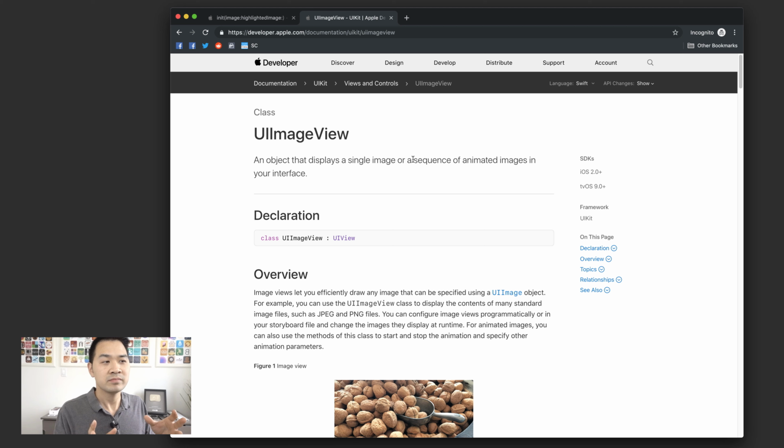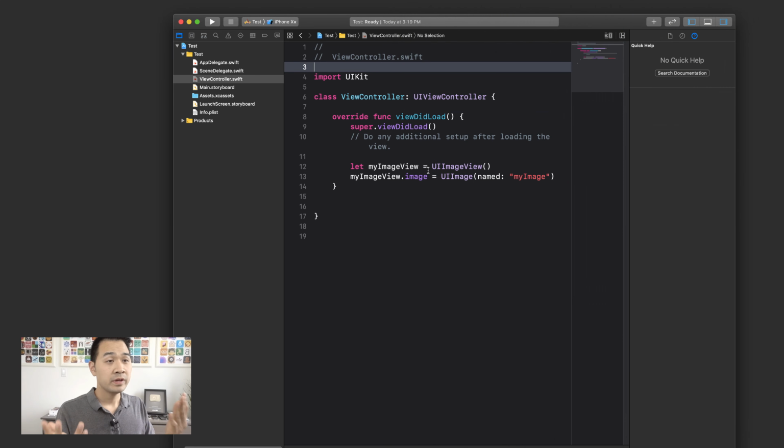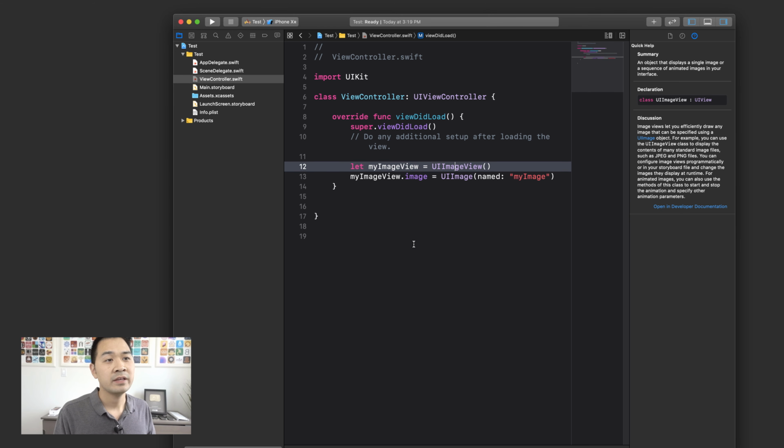Furthermore, there are actually easier ways to find information from within Xcode, and that's what I'm going to tell you how to do right now. So here within Xcode, let's say you're working on some code. Here I've got a UIImageView declared, and if this is maybe one of the first times I've worked with this class and I want some information on it, one easy way to get that is if you just put your typing cursor in the class name or the method name, and you go on the right hand side here in this inspector pane. You can click this button to toggle that pane if you don't see it, and there are also some sub